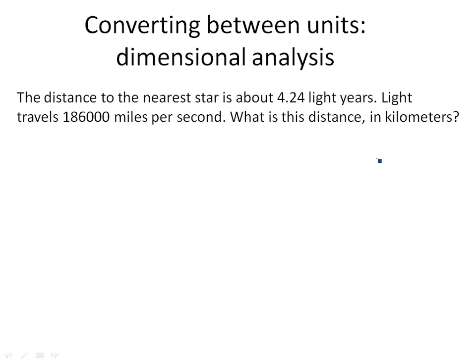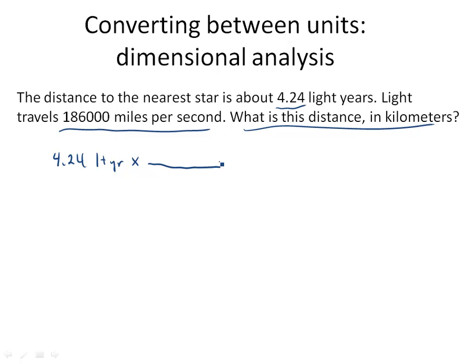Let's look at a harder example. The distance to the nearest star, Alpha Centauri, or near Alpha Centauri, is 4.24 light years. A light year is the distance light goes in a year, thus the name. Light travels 186,000 miles per second. What's that distance in kilometers? So we have 4.24 light years, and that's how far light travels in a year, and we want to get that to kilometers. So what we want to do is say, let's change that to light seconds. So how many